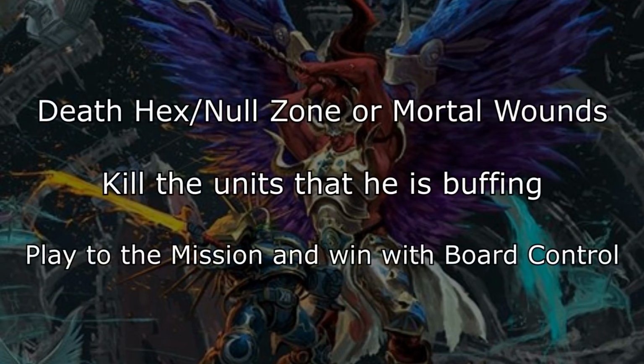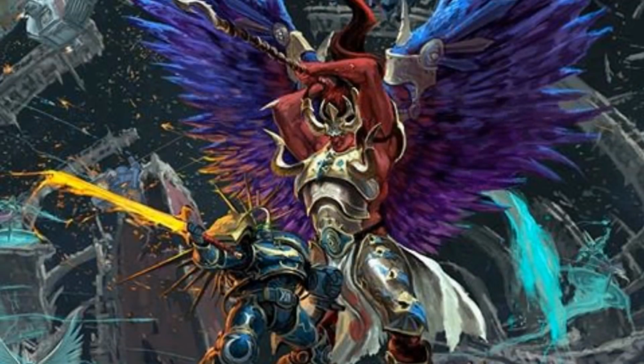Death Hex or Null Zone him if he gets too close, or kill all of his friends and render his reroll aura useless, or play to the mission and utilize board control since the Ultramarine army wants to stay still or move out together in a blob, meaning they won't be able to grab as many objectives as an army that can spread out. A last piece of advice when going against Bobby G is never take Kingslayer as one of your